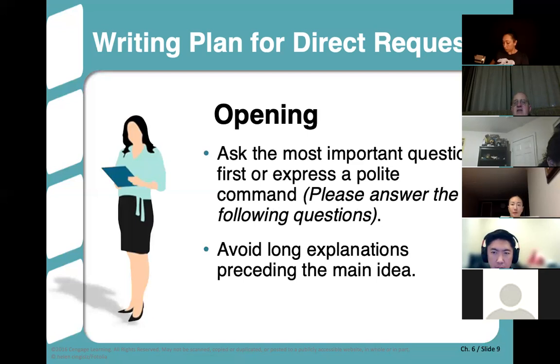But in this case, since we think that they're already going to like what we have to talk about, or at least they're not going to be upset in any way, we can forego. We don't need a lead-in of any sort.